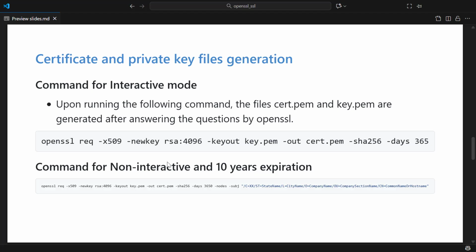Now let's run a command to create the certificate and private key files. The command is pretty simple. This is the command. So let's try to see what it does. openssl req creates the certificate request or certificate files, and I'm telling -x509, that means the certificate type is x509,